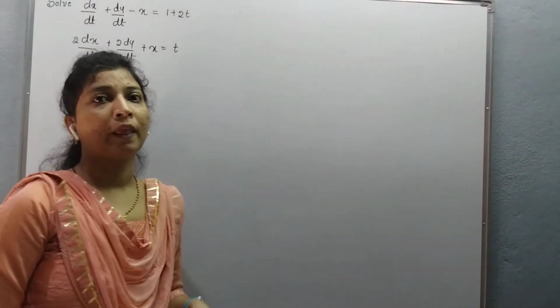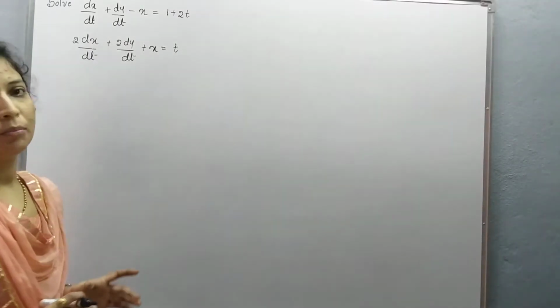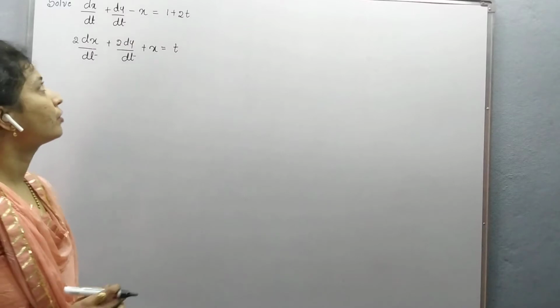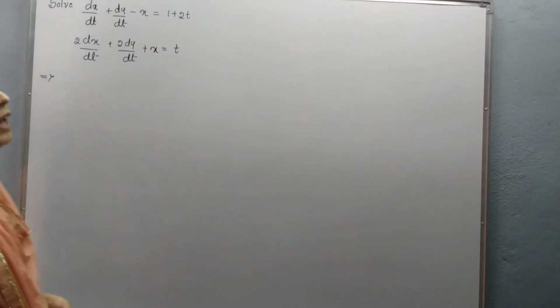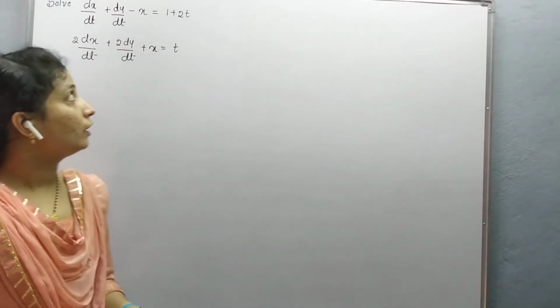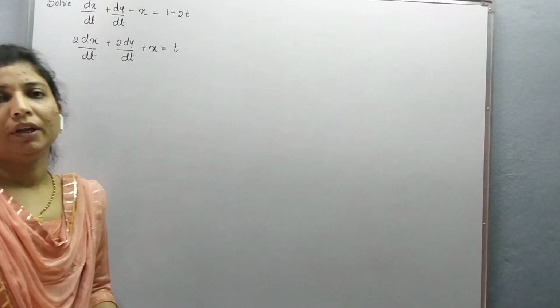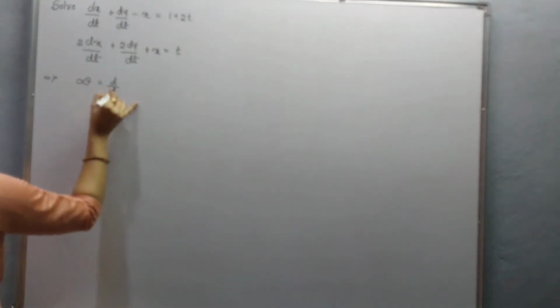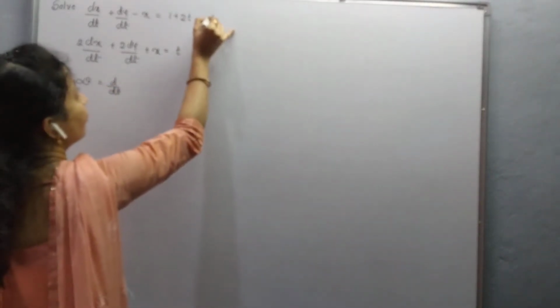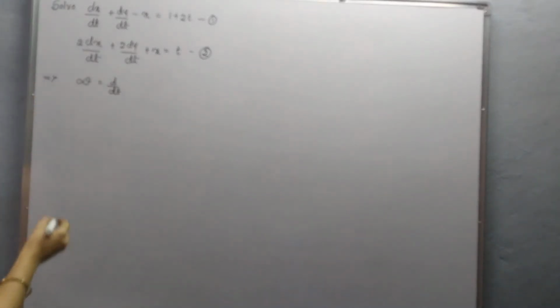In this video, I am going to solve some different examples of simultaneous differential equations. The procedure is the same, but here the RHS part contains t, so it is the independent variable, and x and y are dependent variables. So put D equal to d by dt, then take this as equation 1 and this as equation 2. So equation 1 and equation 2 turn out to be